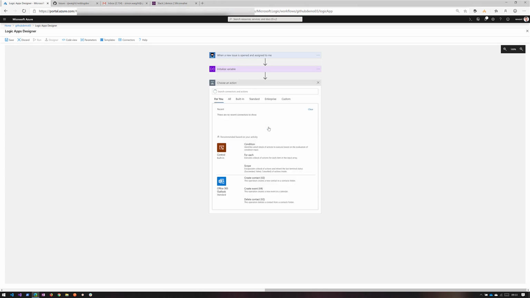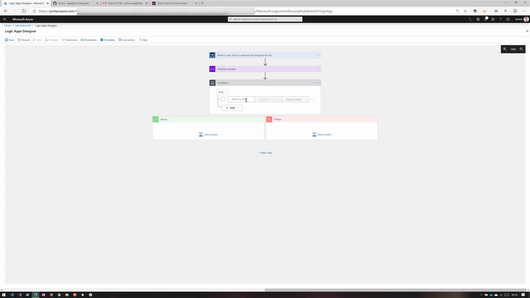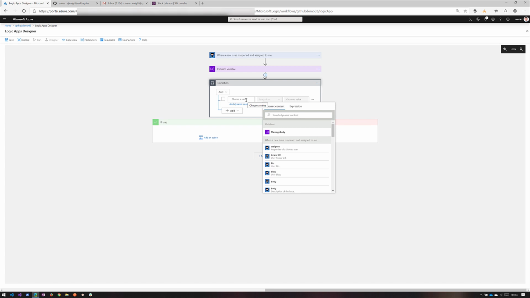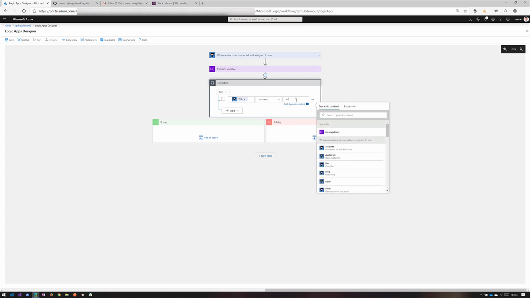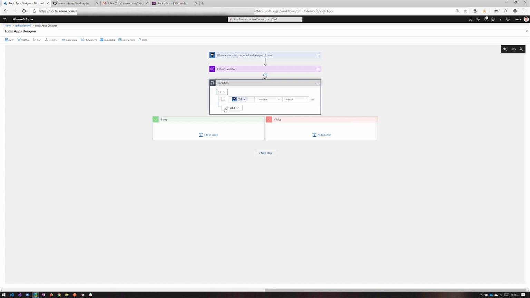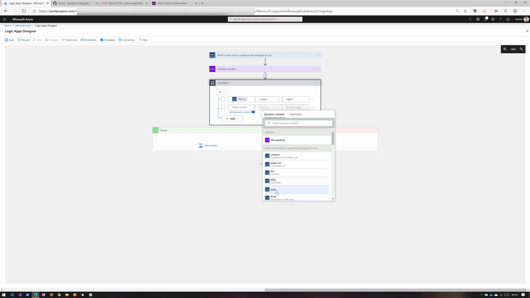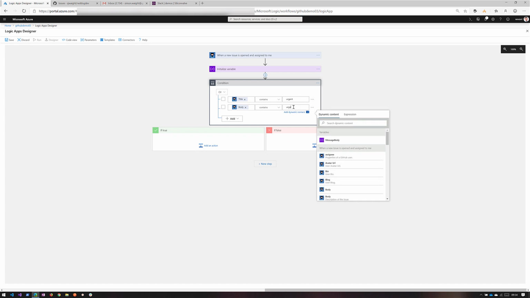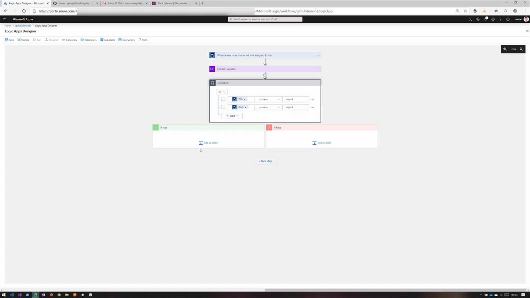variable set up. The next thing I want to do is I don't want to treat all of my issues with the same priority. So what I'm going to do is check if the title, so that's basically the subject line, contains the word urgent. I'm going to change this to an or. I'm going to add another one. And the other thing I want to do is if the body contains the word urgent. So if either of those properties are true, what I'm going to do is I'm going to choose my Slack